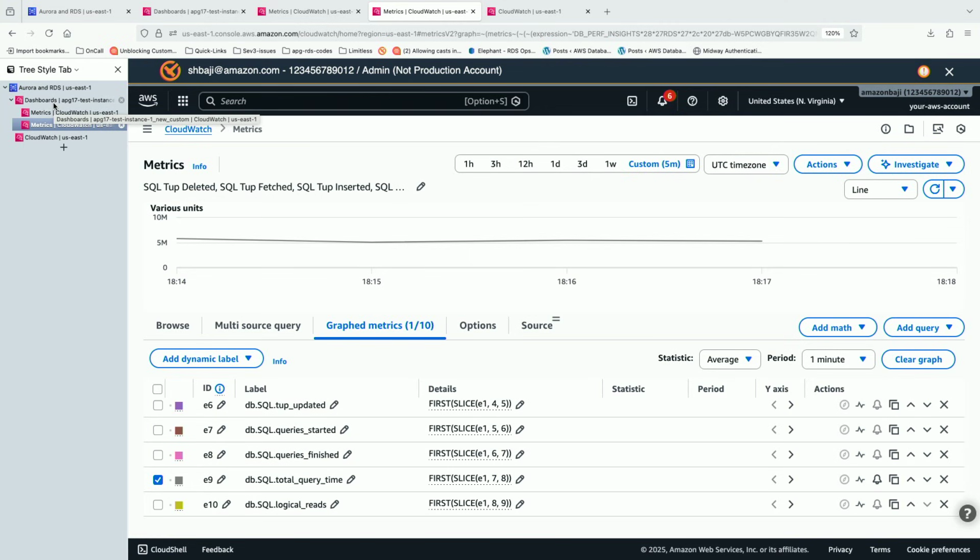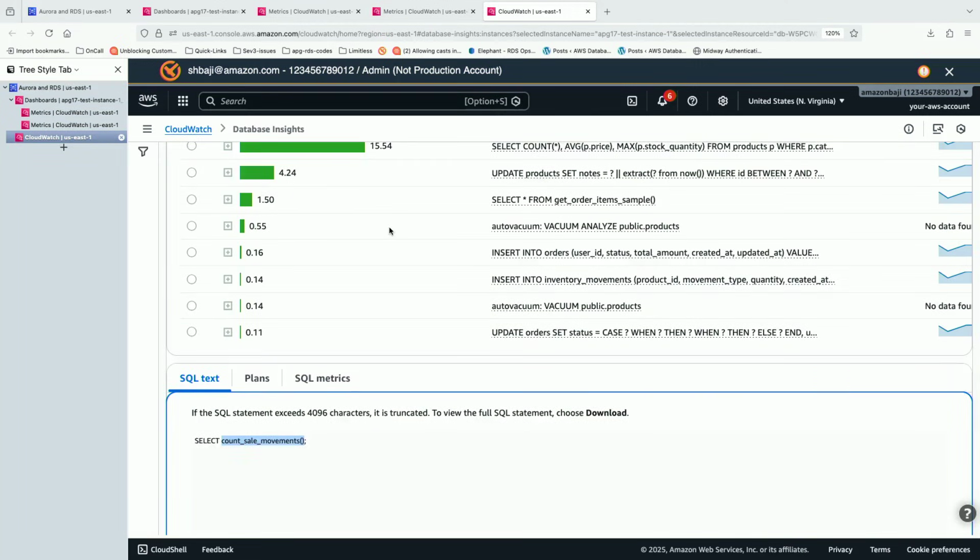So that's how we can rewrite the queries to improve the performance. This is an example of rewriting the query. So if you're using function calls in your predicates, make sure you use select call, otherwise the optimizer will get confused and it takes a sequential full table scan instead of index scans. If I go back to database insights,